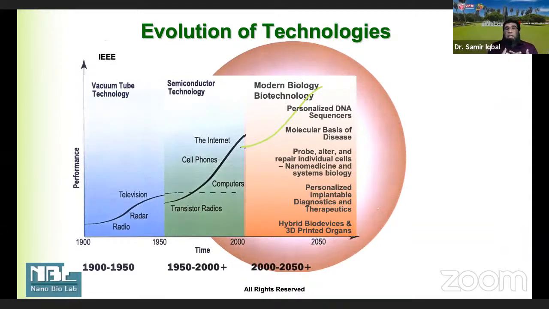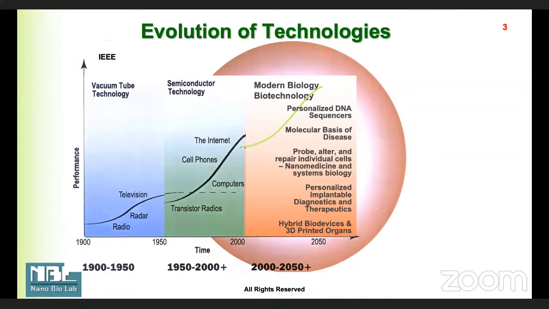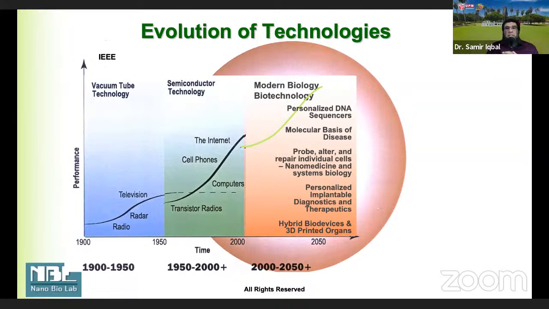And then an area which is already seeing a lot more work, which is personalized diagnostics and therapy. And we know that for insulin, we have those kind of pumps or pacemakers. But something which is becoming much more recent is the hybrid biomaterials or biodevices, or even printed organs, where we can take a person's stem cells and put them in a matrix, grow them, and make them take the shape.